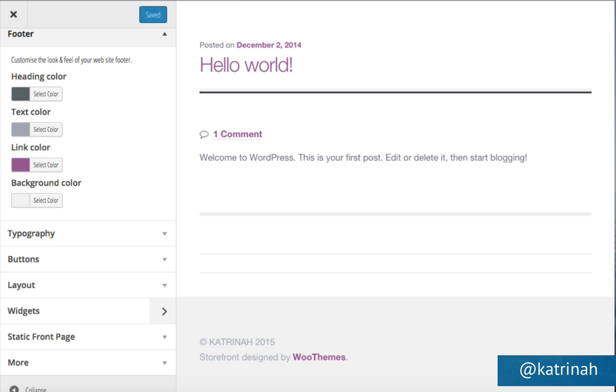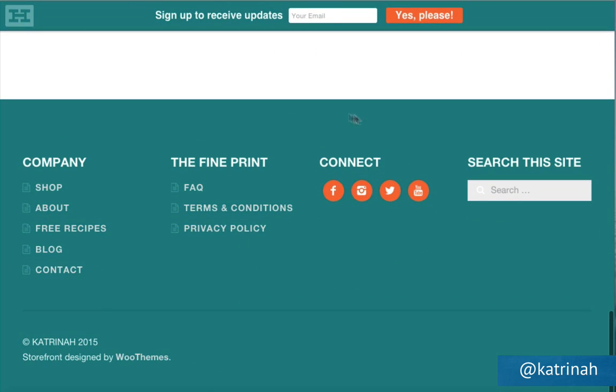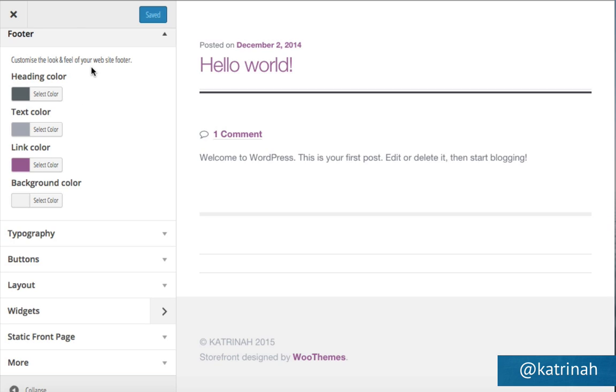So jumping over to our finished site here, when I scroll to the bottom, this is where we're headed toward. I'm going to be creating this kind of like teal green background with white print, and then the actual link color is kind of just like a grayish white color as well. So to make the changes so that it looks like this, you can just go back to your panel right here for the footer.